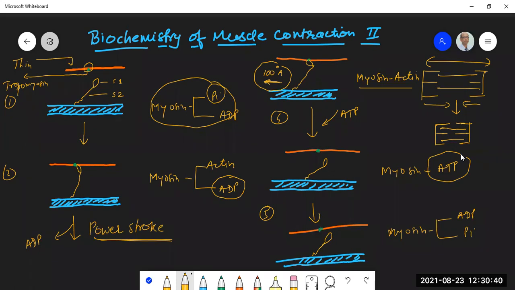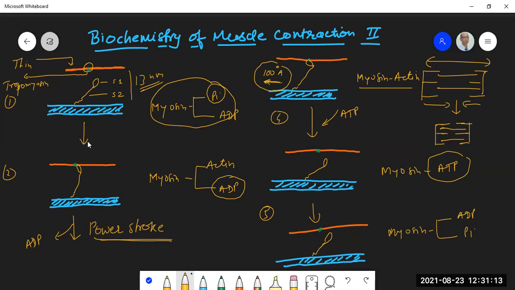So these are the 5 steps. I'm repeating it once again. So you have the thin filament, there is tropomyosin over here, and because of this tropomyosin, which serves as a steric hindrance, the S1 head cannot attach to actin. This is the resting stage. The muscles are in the resting stage. This is the thick filament. The S2 and S1 components are raised, with a distance of around 13 nanometer between the two. So the S1 head cannot touch because of the steric hindrance posed by the tropomyosin.